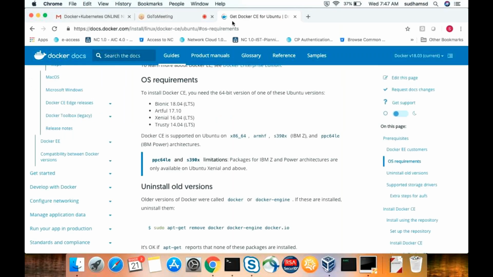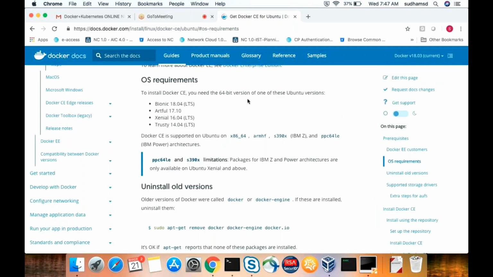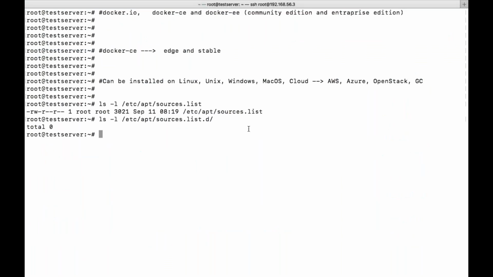Hello. Yeah, Sudan, sorry for the interruption. Whenever I want to install Docker, do I need to create a repository? Is it mandatory? I can download the Docker packages outside, copy them to the server with WinSCP and install them.